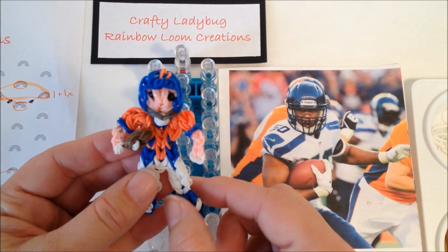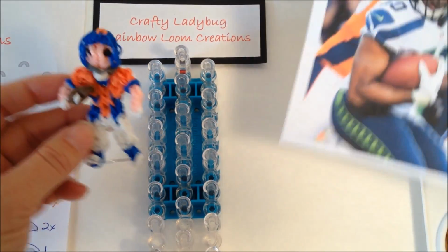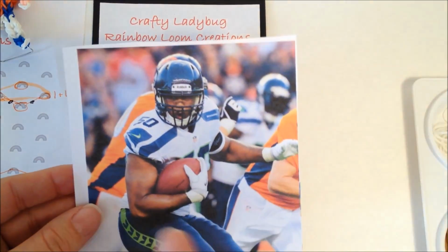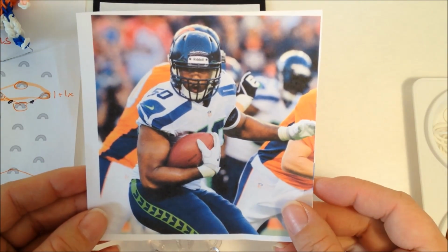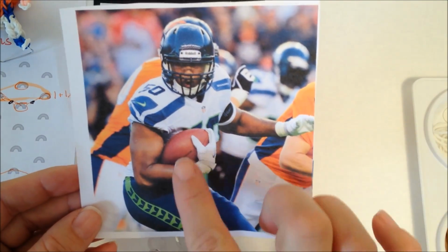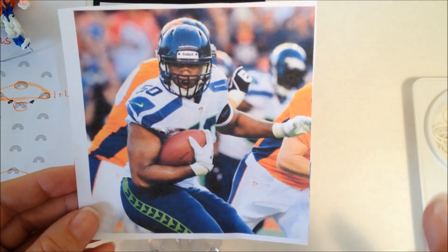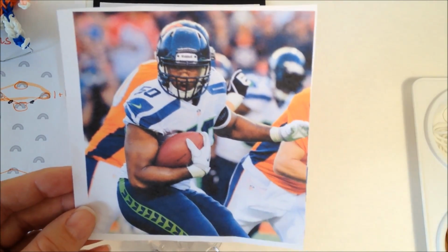So today we're actually not going to be doing the Broncos player. We are going to be doing the Seattle Seahawks quarterback. Not sure of his name, I must confess, but this is going to be the picture. I pulled this picture offline and we're going to base the outfit on these colors here. Remember, you can change and do any color you wish or any team, but let's go ahead and get started